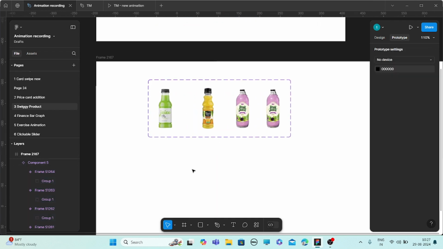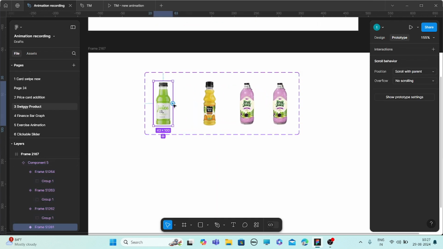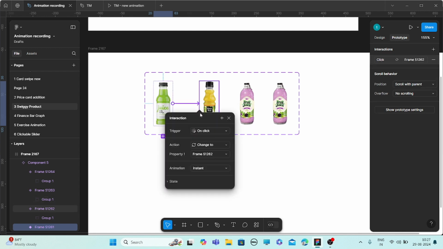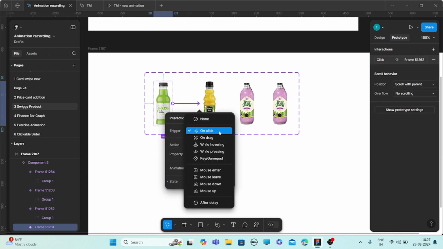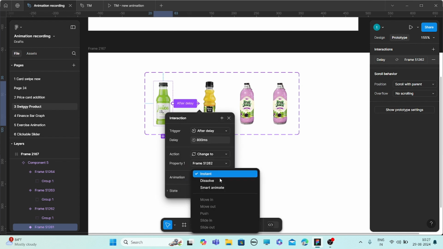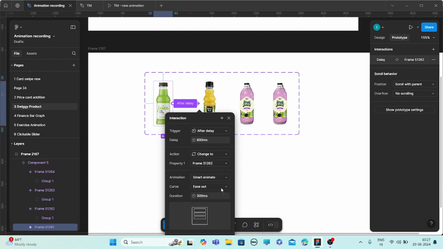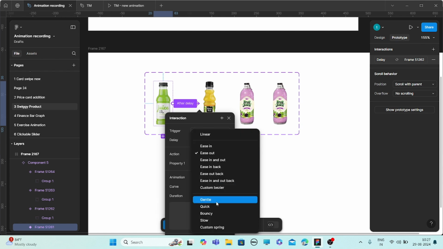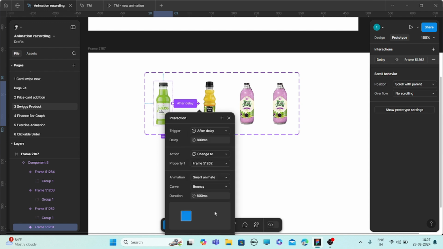Now go to the prototype here. Something went wrong. Okay, select the first frame and connect it to the second, and select after delay of 800 milliseconds and give an animation of smart animate, and here select a bouncy curve.